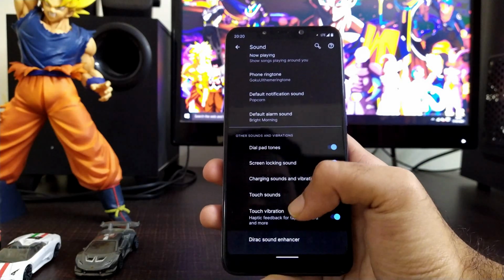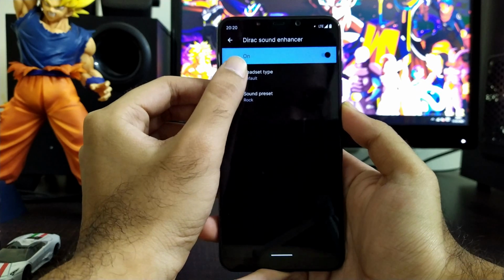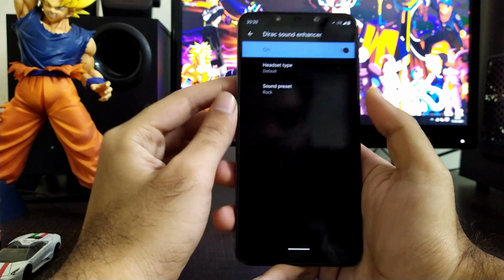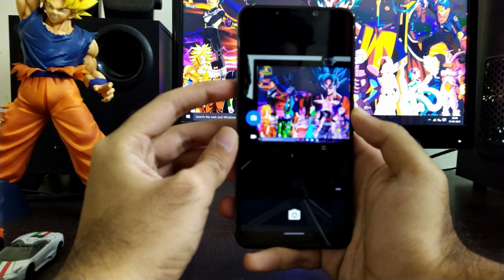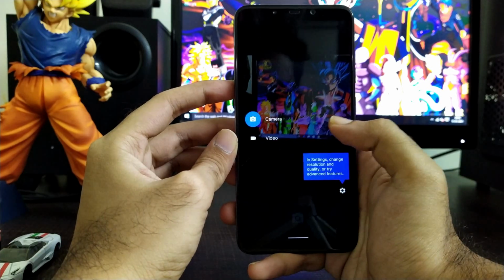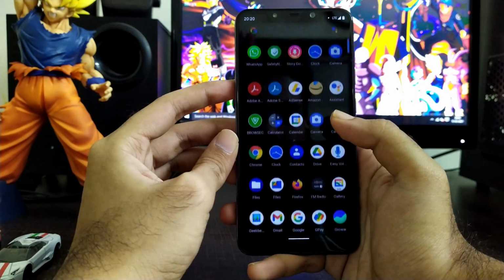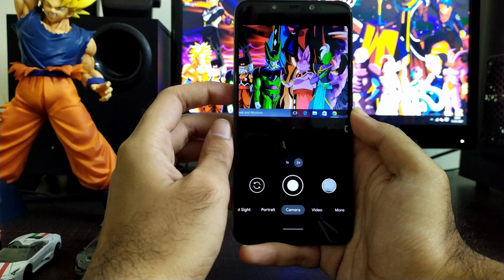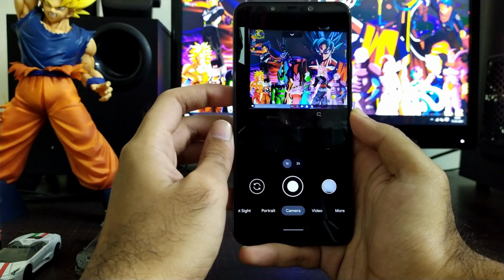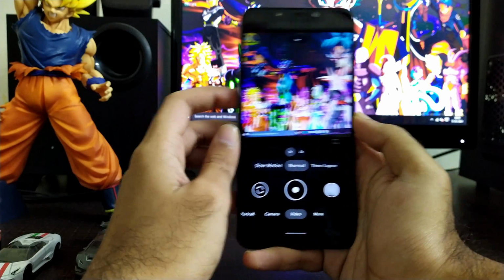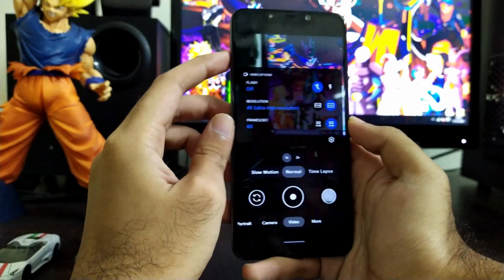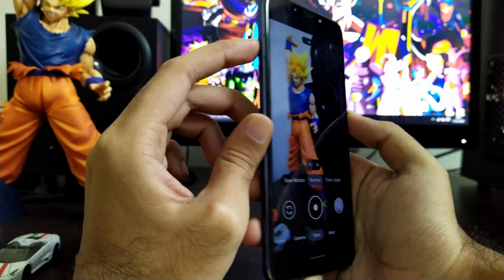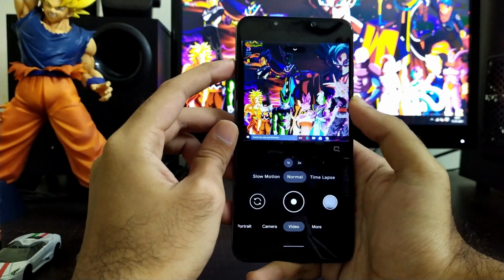Moving further into settings, you will also get a Dirac sound enhancer where you can customize the sound of your music, and it works pretty fine and cool. Moving towards the camera application, you will get the stock camera installed. But there's no need to worry as you can install the Google Camera, the 8.2 version, and in this ROM this camera doesn't face any type of issue such as lag or stopping in between. Every option such as 4K 60 fps recording and EIS works pretty fine and stable, and the camera doesn't crash at all in any situation.